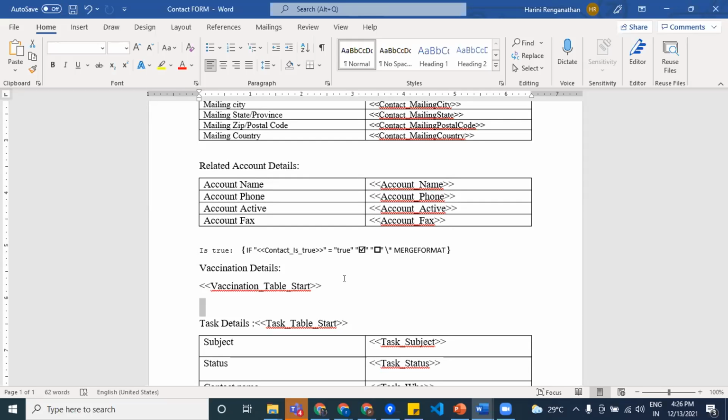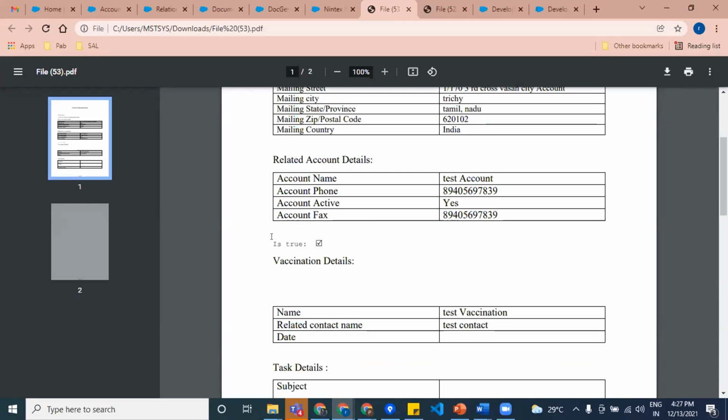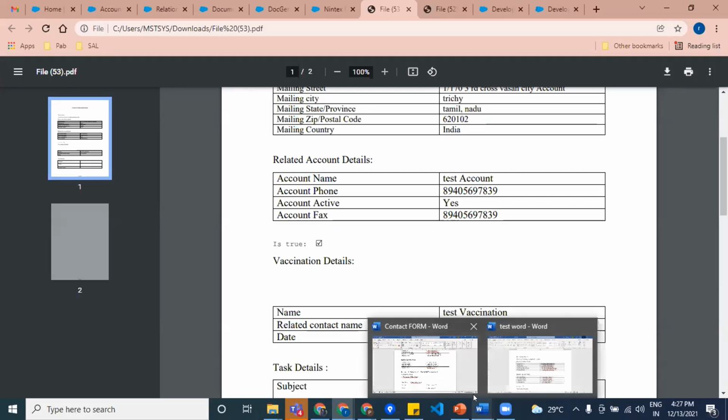In here also, whatever syntax we are using is very important to ensure the resultant PDF has the proper and correct value. So how do we see a checkbox if it is being generated? Let me go to the document. See, "is true" is just normal text that I have put in the Word document, but here we have obtained a checkbox. If you think I can just pull that checkbox field from Salesforce and put it here directly, and it will give me the result, no, that is not how DocGen works. DocGen will work only if you have proper syntax.